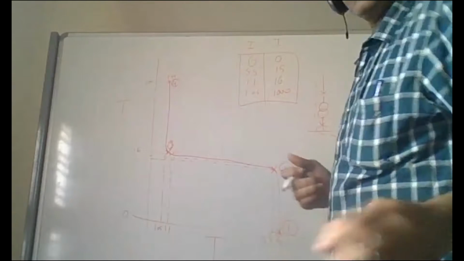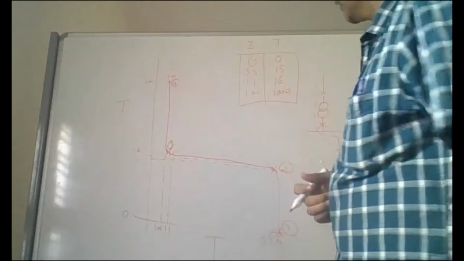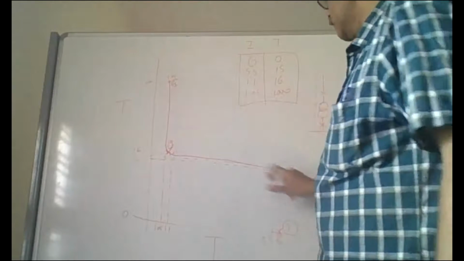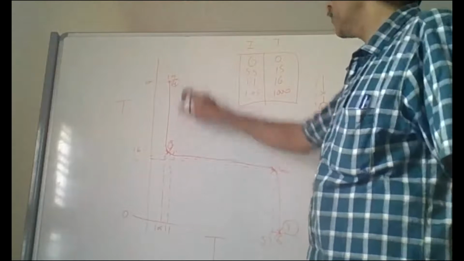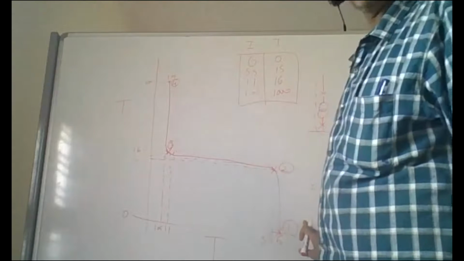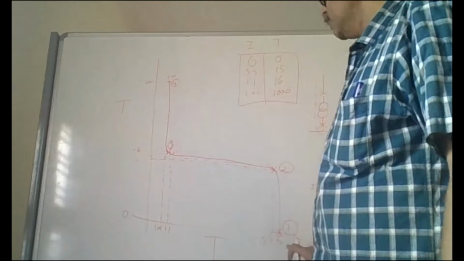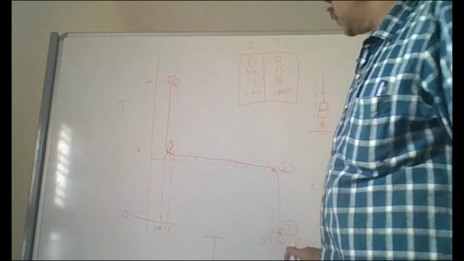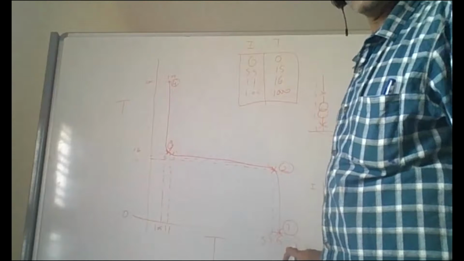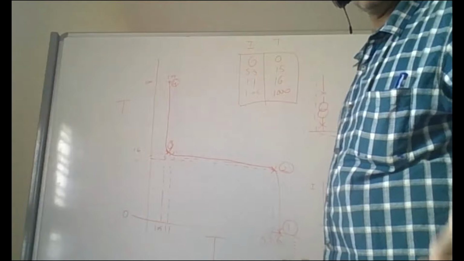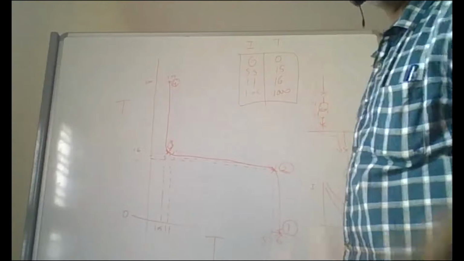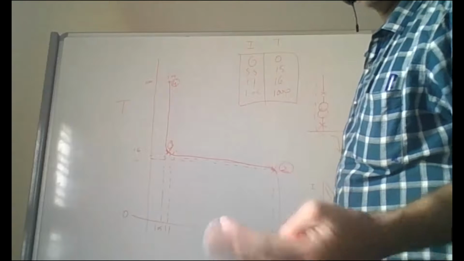I will just tell once again what we have to basically do. Get a typical motor starting curve and plot the curve. Once you plot the curve, you pick up some points: one, two, three, four. The first point is the starting point at time zero. When your motor is starting at time zero, the starting current will be maximum 6 times. If you can, please calculate the actual starting time and starting current.